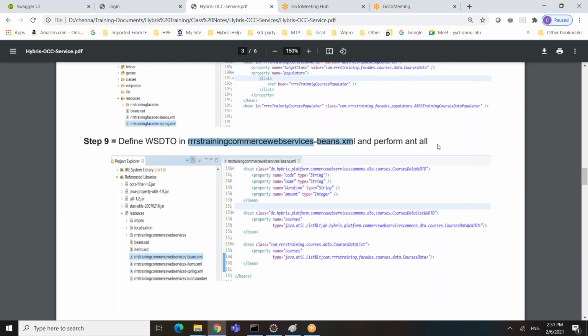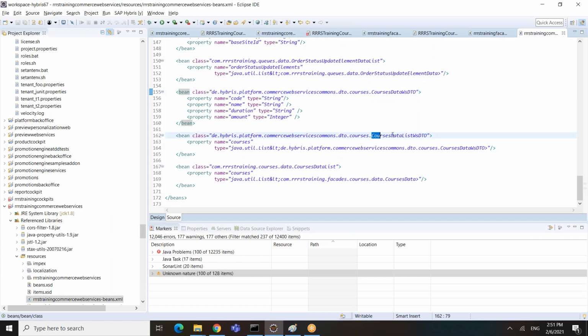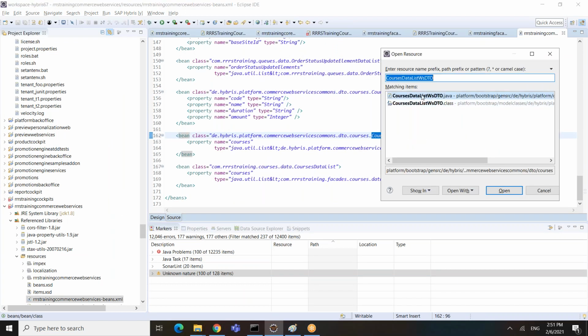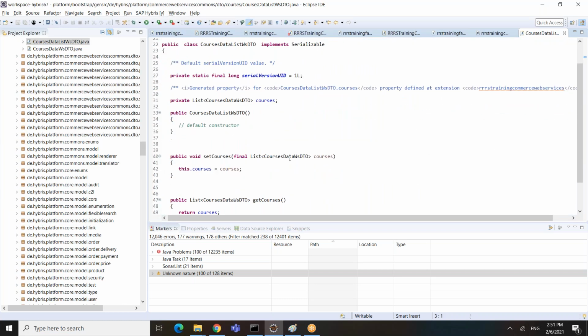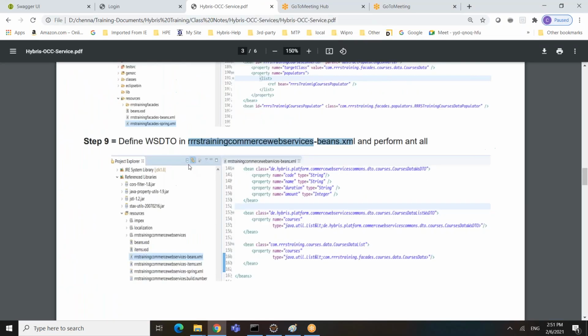But here I don't need to start the server, I simply performed ant all already, which generated the respective Java files. So if you look here, this is another Java file, courses data WSDTO, which is what I want to return as part of the service, which is again a set of WSDTO objects. That is step 9.